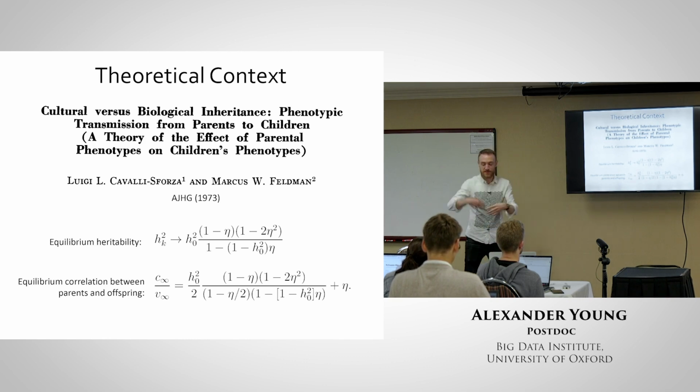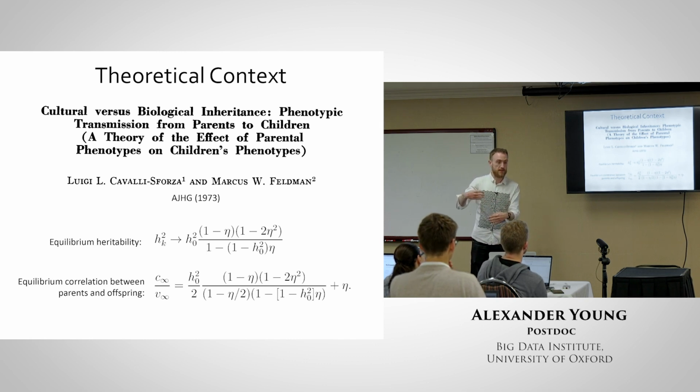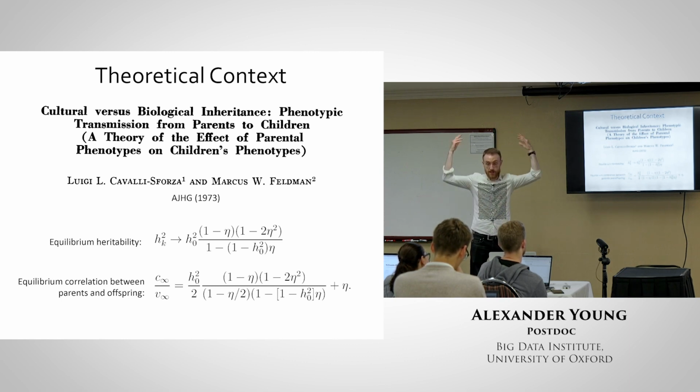One of the interesting things when you have these indirect effects from relatives is that the trait distribution is not stable over time. If you imagine a population that didn't have indirect effects and you injected them in, the trait distribution would have to reach some sort of equilibrium, because you're accumulating. You have the indirect effect from the parents onto the offspring, then an indirect effect on the offspring's offspring. One way to think of it is that your phenotype depends on the genes you inherit, but also on the phenotype of all of your ancestors in a geometrically decaying sequence.